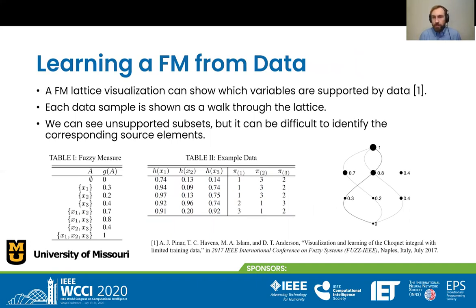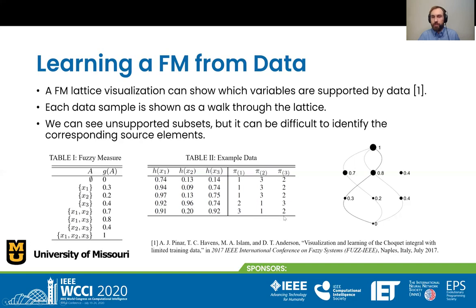If we have a particular data set, we might be interested in learning a fuzzy measure from that data set. So here's an example with 5 data points that we might be interested in using with this fuzzy measure. If we were to evaluate the Choquet integral for each of these data points, we would end up sorting them from largest to smallest. And you can see that when we do that, we get these different